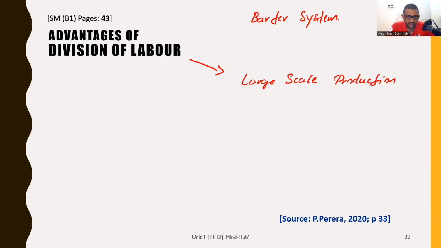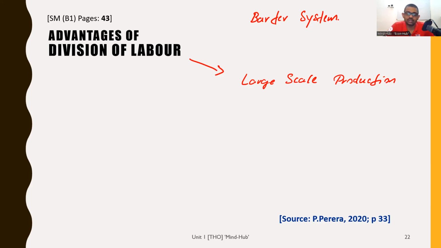Or you, the fisherman, can say, I'll teach you how to fish, you give me some rice. Then it's basically a service for a good. Or you can say, I'll teach you how to fish, you teach me how to farm. Service for a service, barter system. Nothing in between like today. There is no medium of exchange.